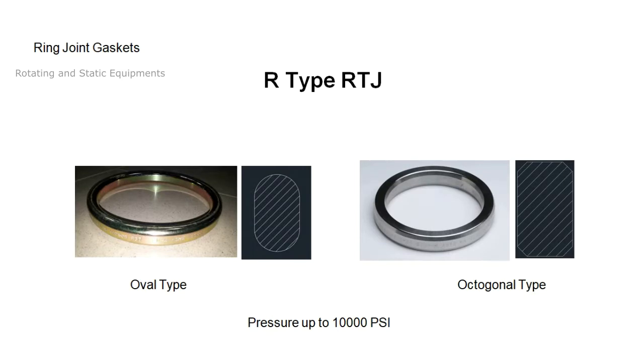Flanges with octagonal grooves or flat bottom grooves will accept either style. The oval type is the only type of RTJ that will fit oval or radius grooves. The hardness of the RTJ gaskets should be less than the hardness of the flange grooves, otherwise it will damage flange faces and grooves. These types of gaskets are used up to 10,000 psi and are suitable for API 6B, ASME B16.5, ASME B16.47A flanges.